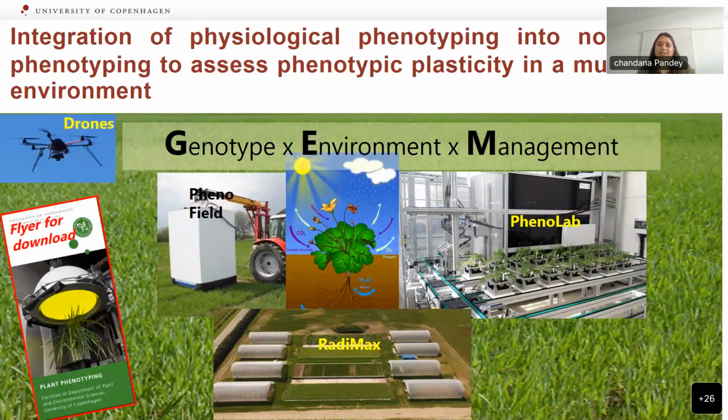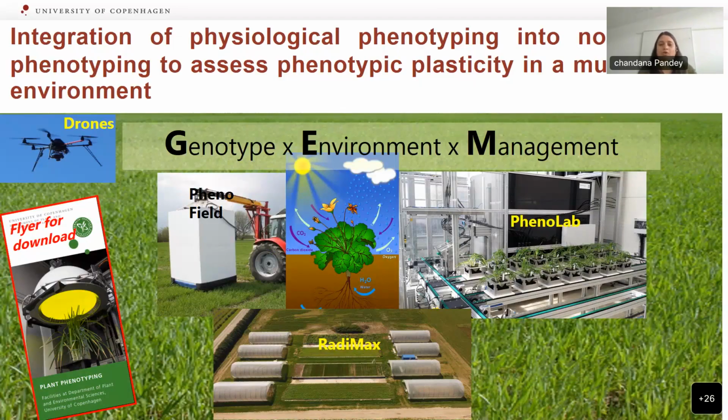And finally, we can fill the gap from genotype to environment and management by the integration of physiological phenotyping into non-invasive phenotyping to assess phenotypic plasticity in a multifactorial environment, for example, beneficial microbe, pathogen, drought,